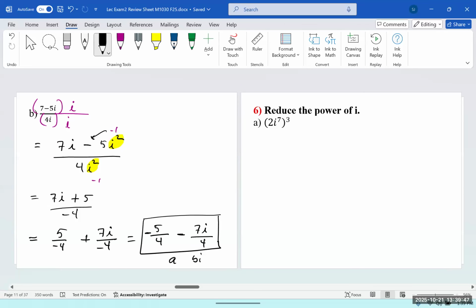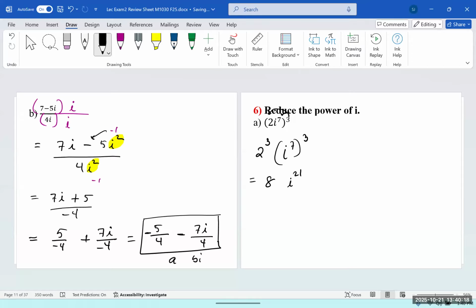Do you remember how to reduce? What is our first step for this one? Distribute. So 2 cube, i to the 7 cube. What is 2 cube? 8. And i to the 7 cube? i to the 21. And then depending on what method you want, you can use your method, but you have